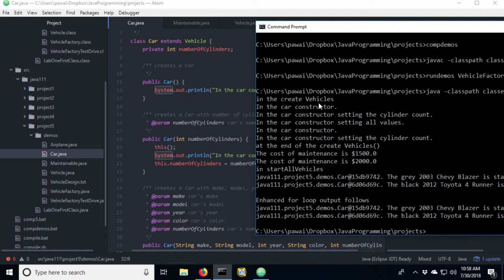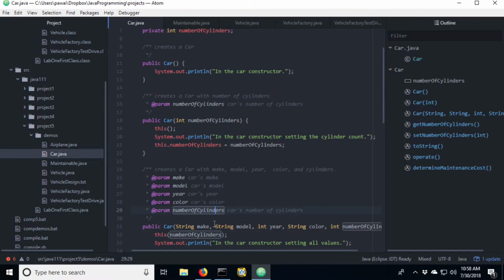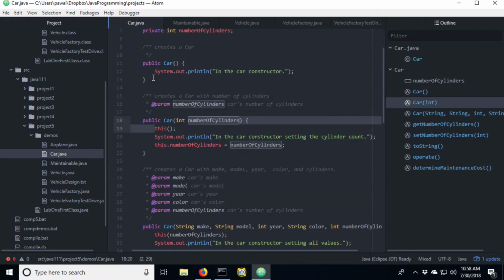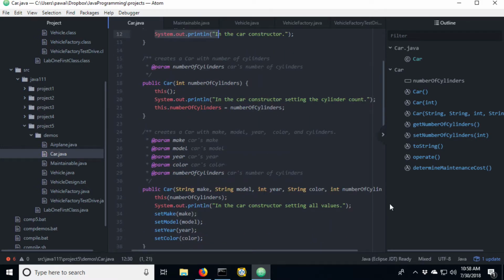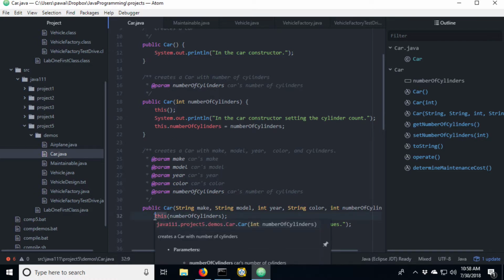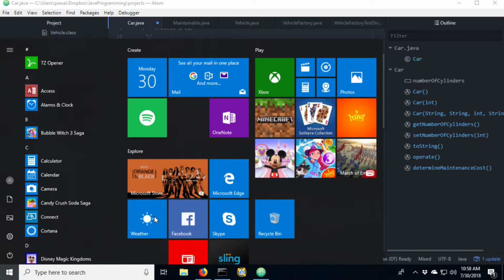So that order is important, even though it's really this code that was called. We're going to go up the chain here, starting with that most basic car constructor and then working our way back down. So this is a mechanism that we can use to ensure that all of our constructors are called. Now you might think, well, I'll just call the no argument constructor here too, just to make sure that it gets done.